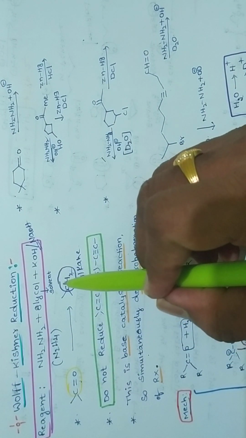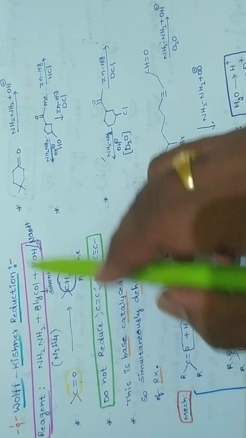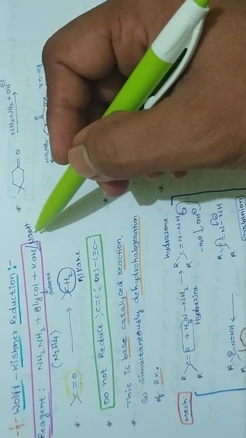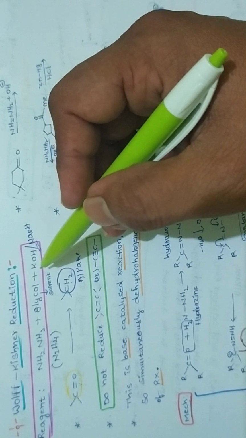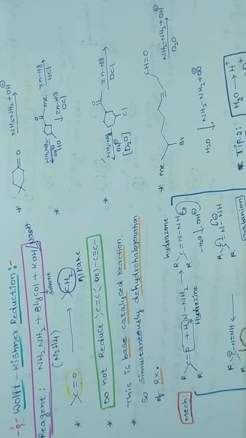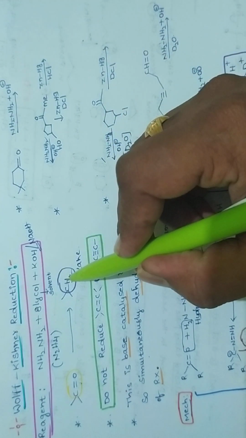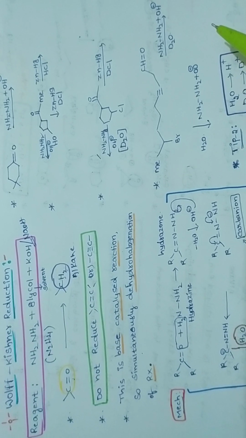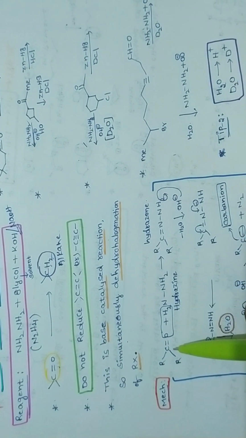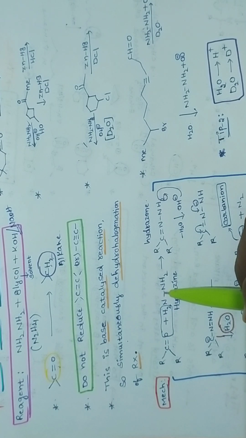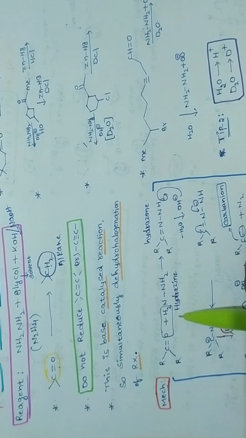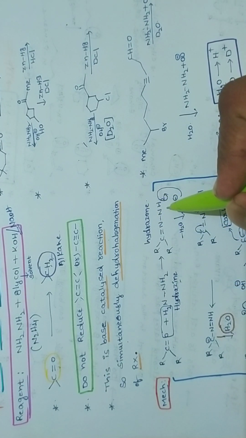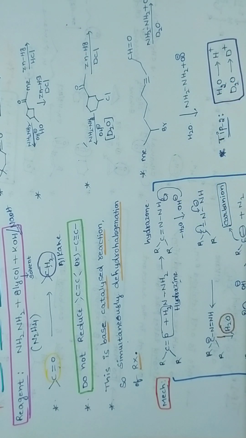Now these hydrogens are given by which one? Among these, which one is giving the hydrogens? Here the hydrogens are given by water, because here we have taken an alkaline medium. This KOH is taken in an alkaline medium, so these hydrogens are coming from the water. If you observe the mechanism, we will understand. See, this is a carbonyl compound. Whenever it reacts with hydrazine, it undergoes a nucleophilic addition elimination reaction, and then we get a hydrazone.